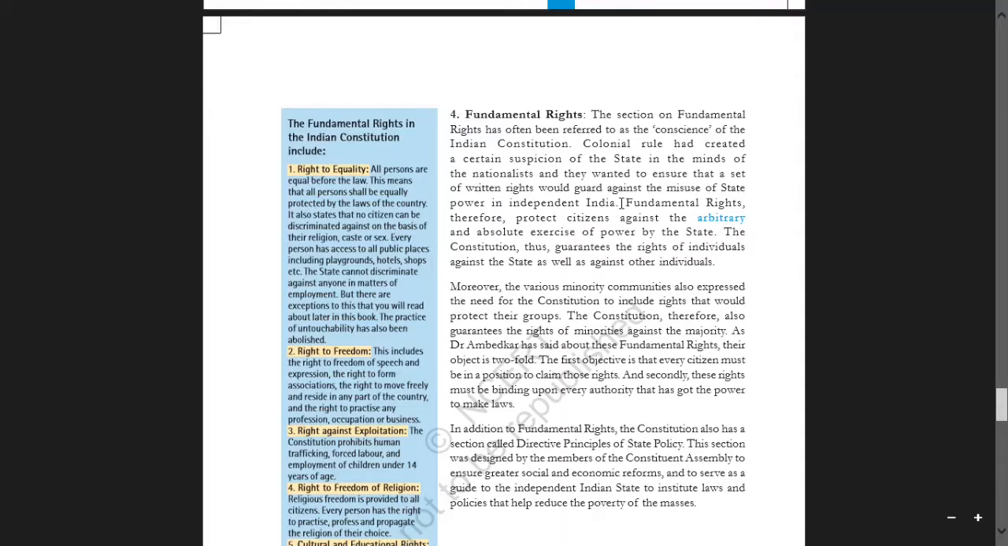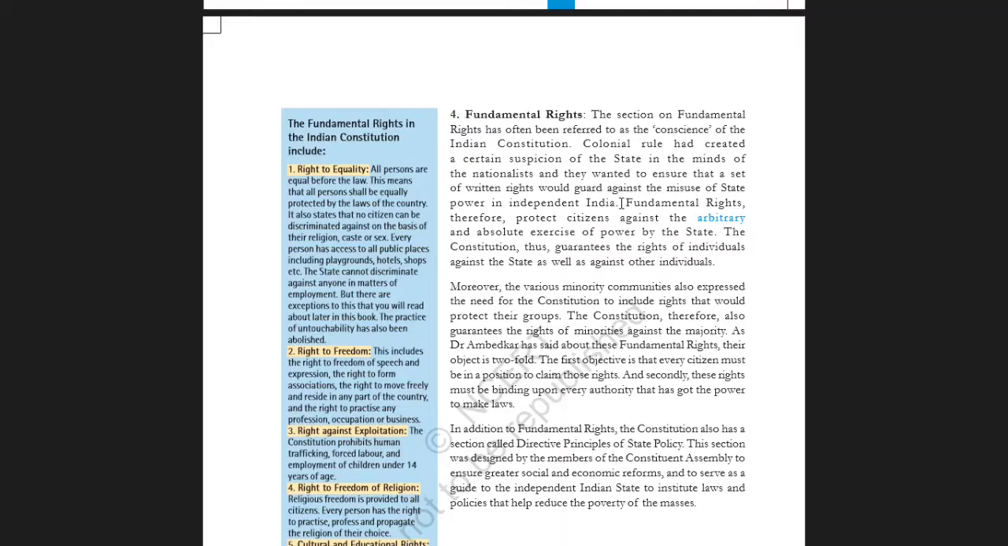The section on fundamental rights has often been referred to as the conscience of the Indian Constitution. Colonial rule, which was rule by other countries, had created a certain suspicion of the state in the minds of the nationalists, and they wanted to ensure that a set of written rights would guard against the misuse of state power